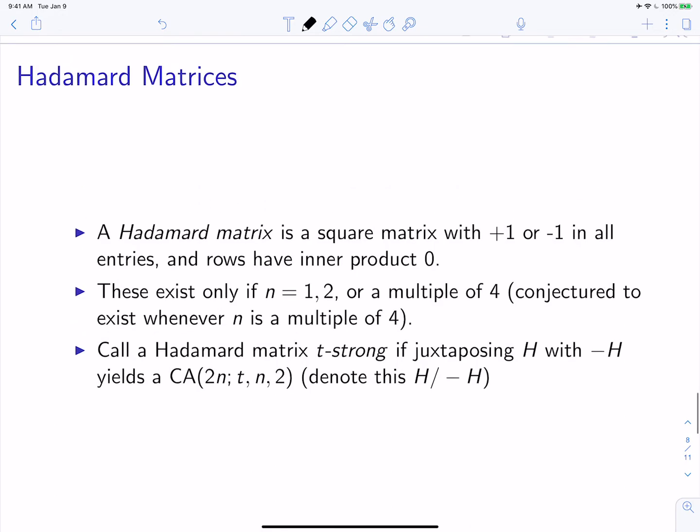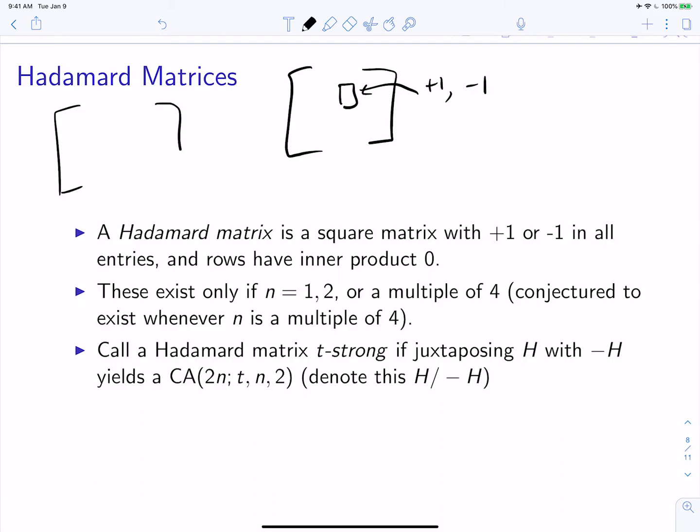And finally, we'll talk about Hadamard matrices. So a Hadamard matrix is a very peculiar object in computer science and math. What it is is a square matrix, so it's always a square matrix, and each entry in it is either a +1 or a -1. Every position in the entire array is a +1 or a -1. But the property is that if you